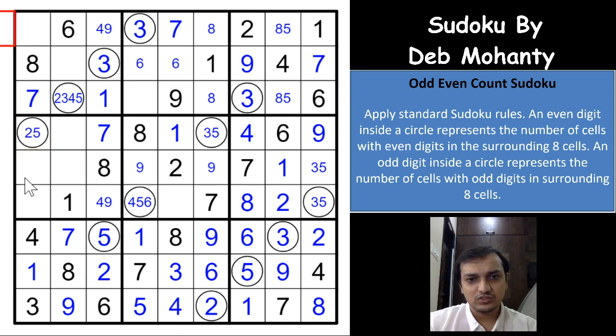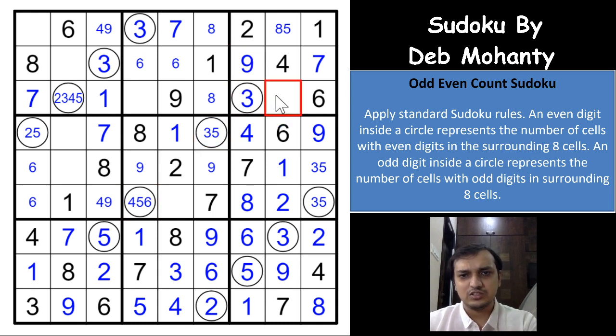6 is already here. 6 has to be in one of these two cells again, right? See the 5 here. Let us see the 5. 1, 7, 1, 7. So one of these two digits will have to be odd, right? I'm not sure which one yet. And okay, superb. See the 3 here. 1, 2 and 3. This will be an odd digit. 3 and 5, which means all others will have to be even digits. So this has to be 8. This has to be 5, which gives you an 8 here.